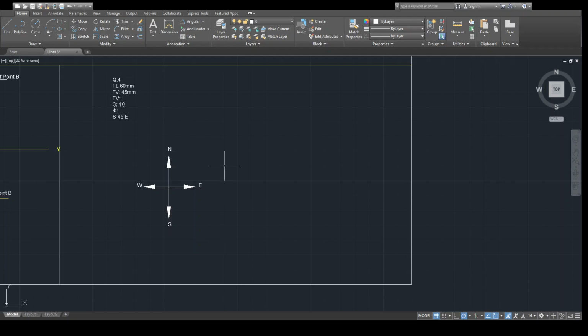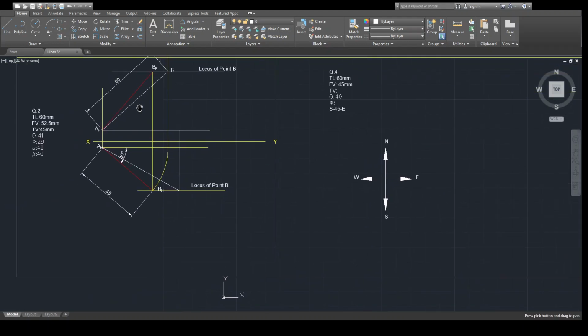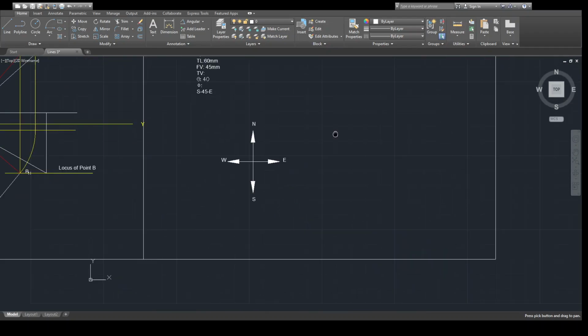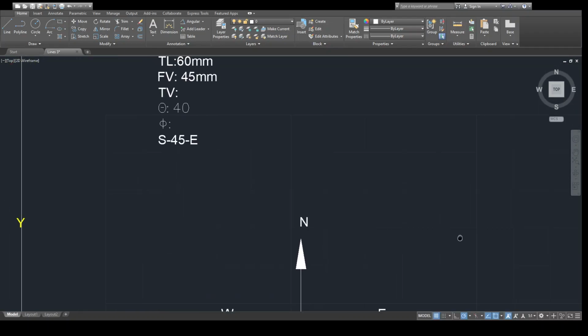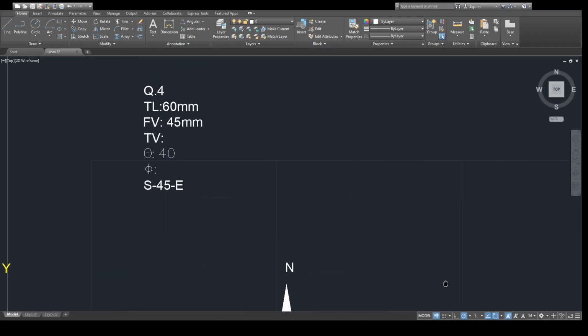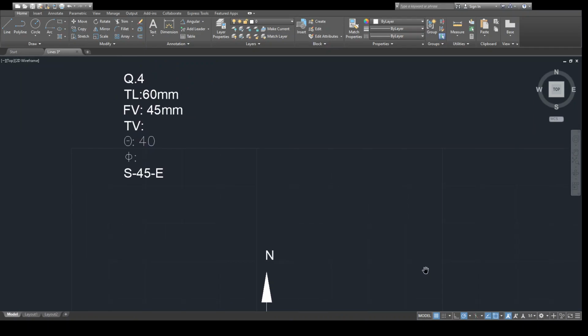So welcome students. In today's session, we will solve one more problem of projection of line. So far we have discussed the problems where only three parameters are given. If you know three parameters of any projection of line problem, you can complete the rest of the projection. So here in this problem, the difference is the question is given. True length is given, that is 60 mm. The front view length is given to you, and theta, that is the true inclination made by the line with respect